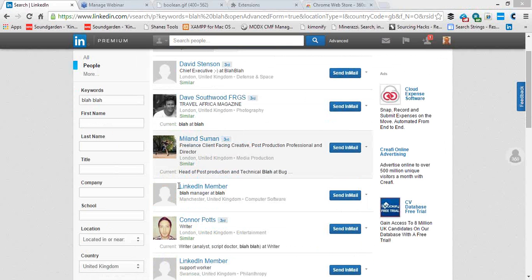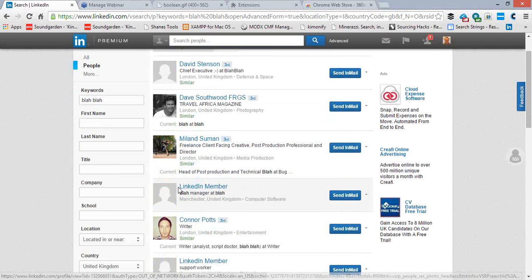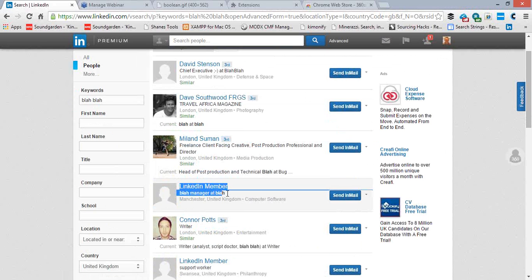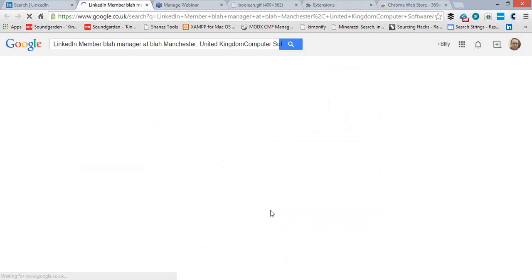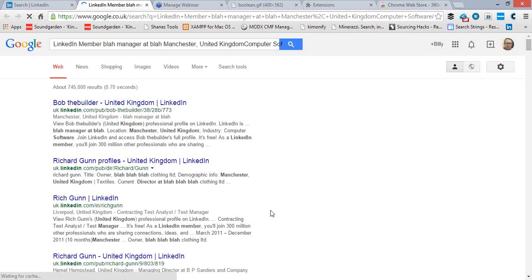And if I want to uncover that name, then what I can do is use a little trick. I can actually just select that person's name like this using the mouse down to where the industry finishes. I can then right click on that and then click on search Google for LinkedIn member. And what it's going to do is again use just a little glitch within the way that Google indexes the information from LinkedIn. And I can see here, I click on that profile,